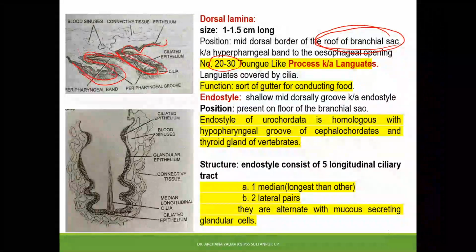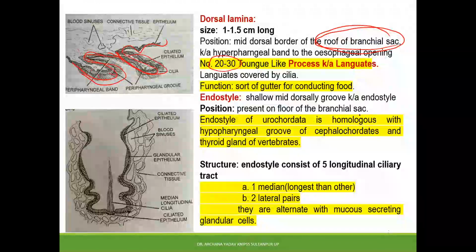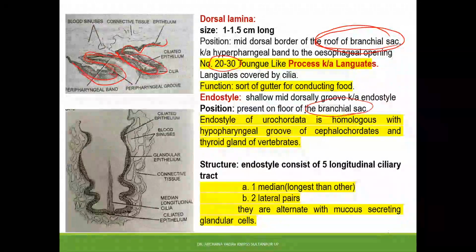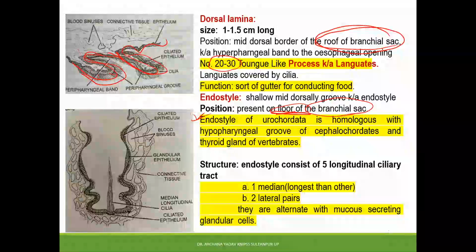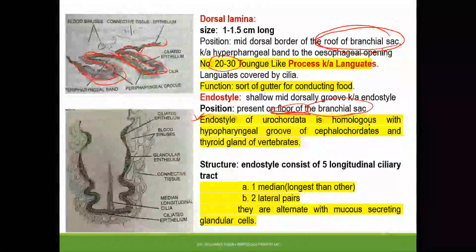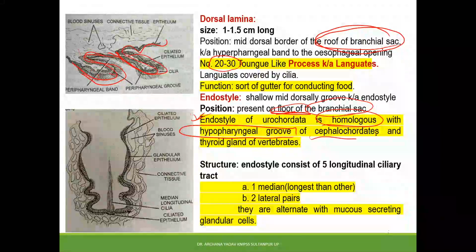Next is the endostyle. The endostyle is present on the ventral side, at the floor of the branchial sac. And it is very important that the endostyle of urochordates is homologous to the hypopharyngeal groove of cephalochordates and the thyroid